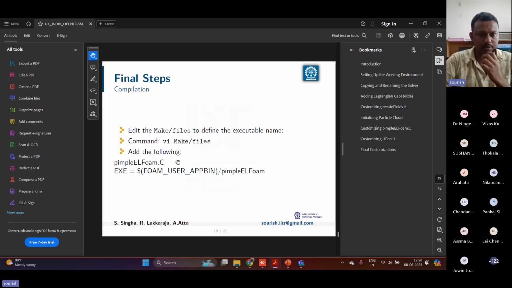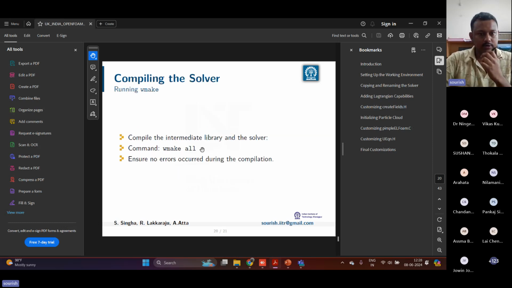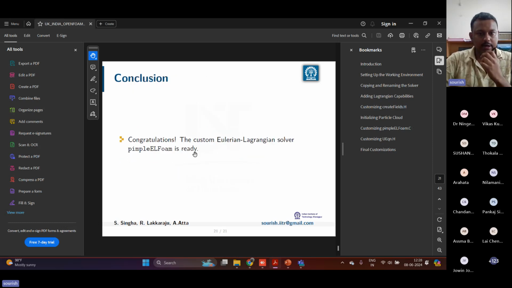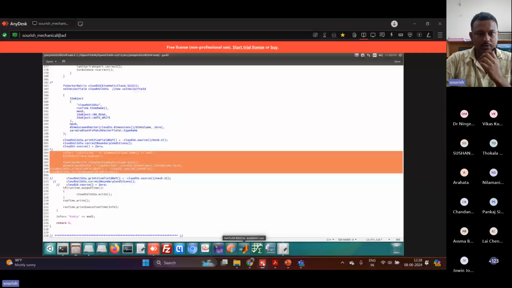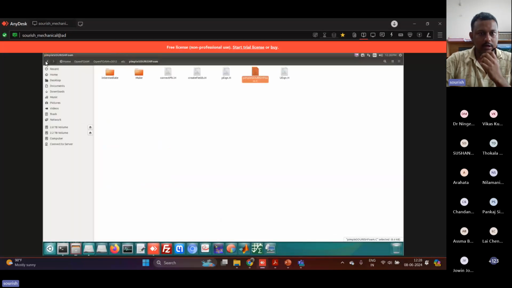You can save it by your name also. And the source code will be pasted just above that. Then you just write wmake all, and you'll get your new solver. I can show you. This is my new solver. I put my own name; you can do anything. This is a new solver where it uses the PIMPLE algorithm and it solves the Lagrangian